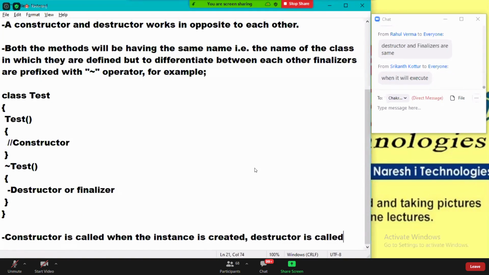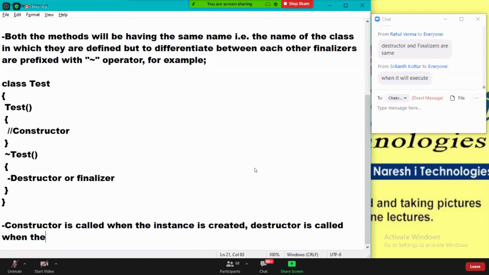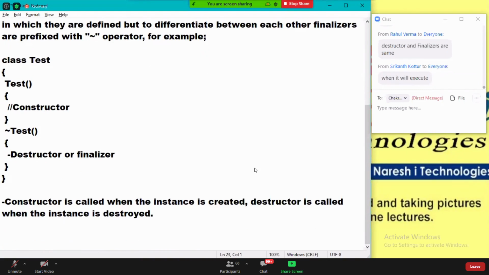Destructor is called when the instance is destroyed. Constructor is called when the instance is created, destructor is called when the instance is destroyed. Okay, I will explain. Wait. Listen to me first. Next.